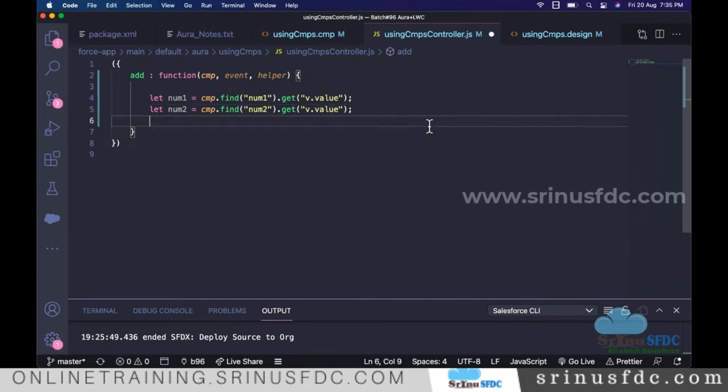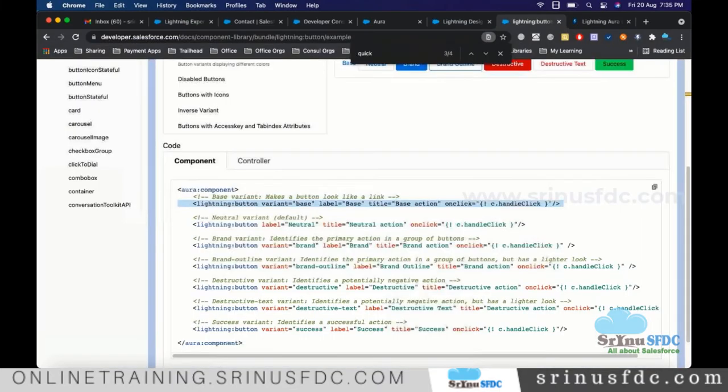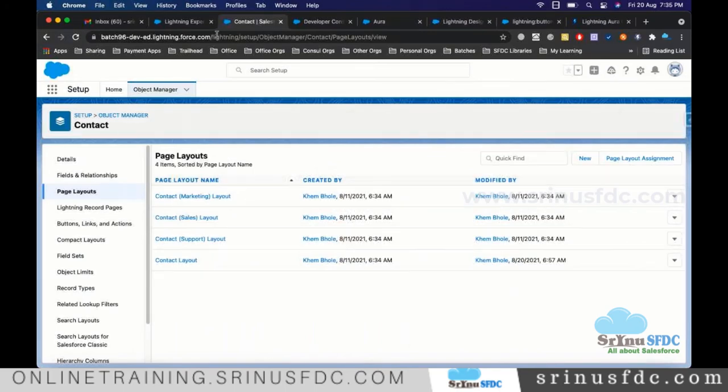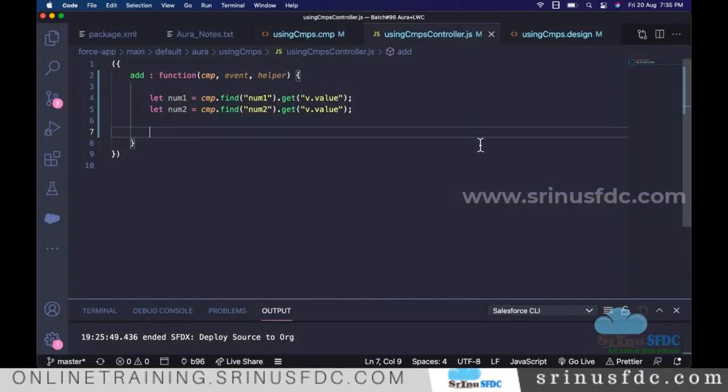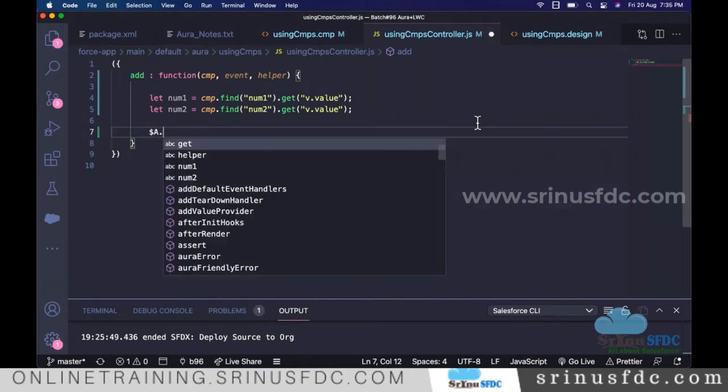And so now what I want to do after adding is show an alert message, like a toast message. Most frequently we use toast messages when we work. It will show the message for a few seconds and after that it will automatically close. So I want to display that toast message. So to display the toast message, we have to use $A dot get